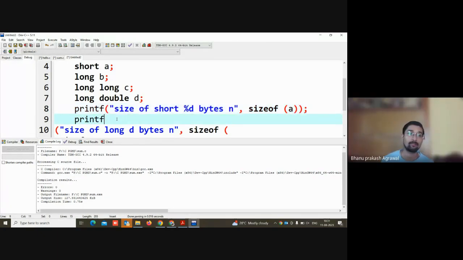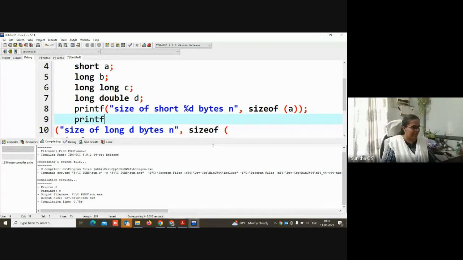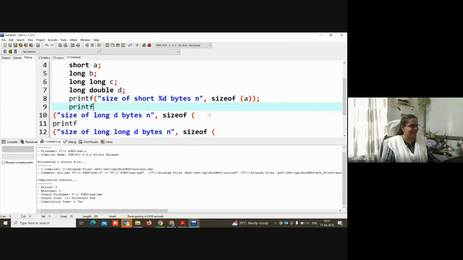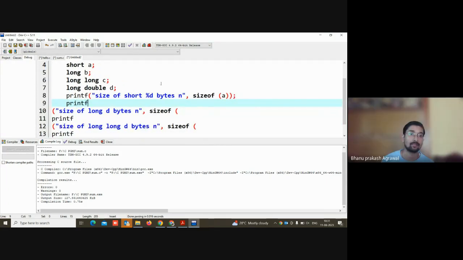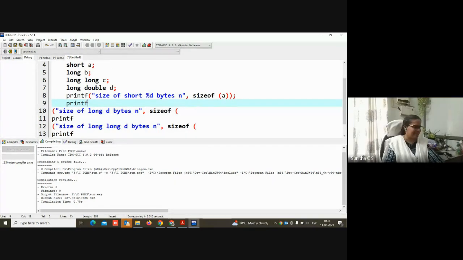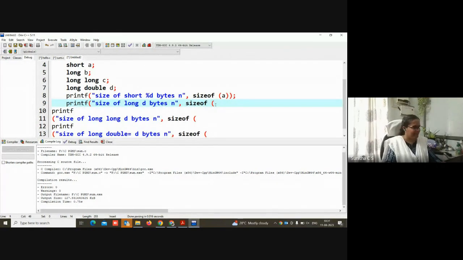Maybe it will help. No, basically I made it bigger for you to read it easily. I can shrink it also, not a big deal. This much is fine. Okay, fine. So I thought, okay, maybe long D. Then I have